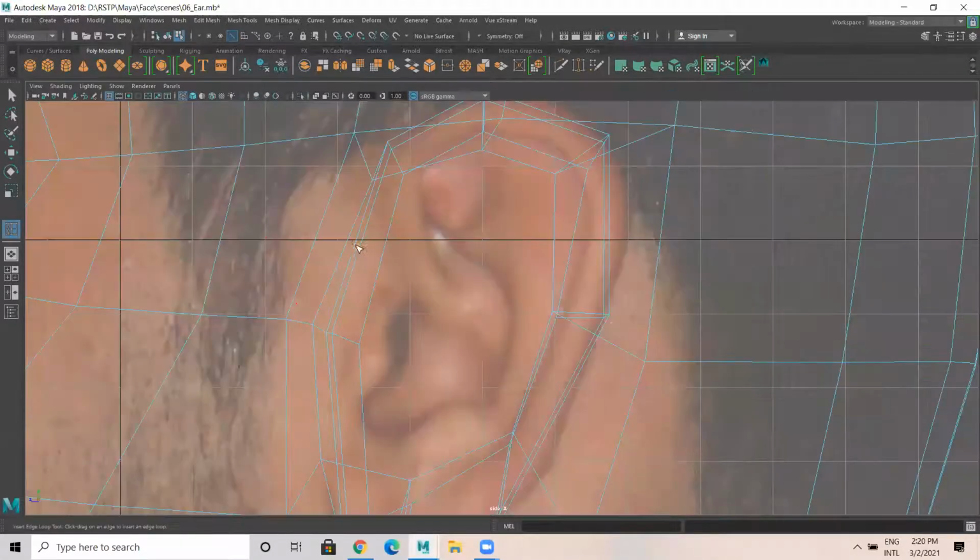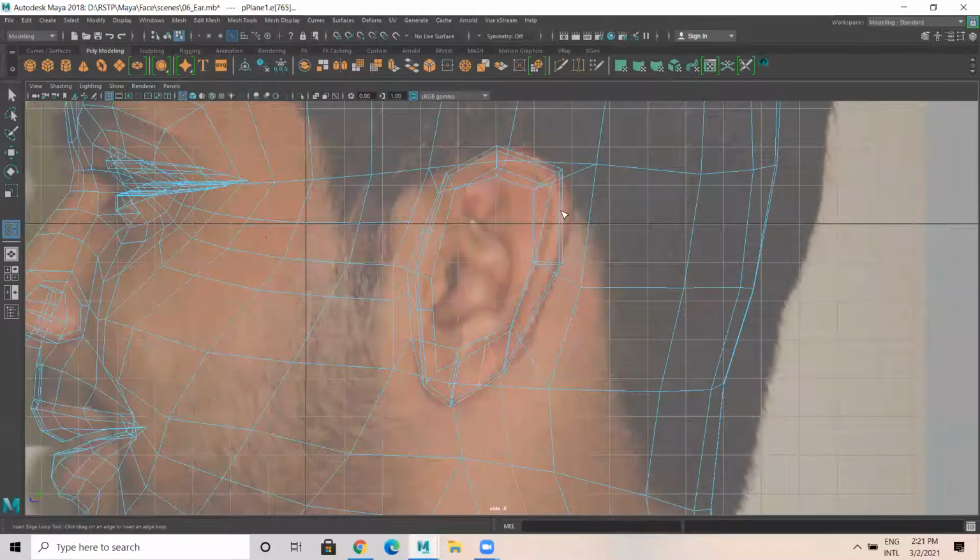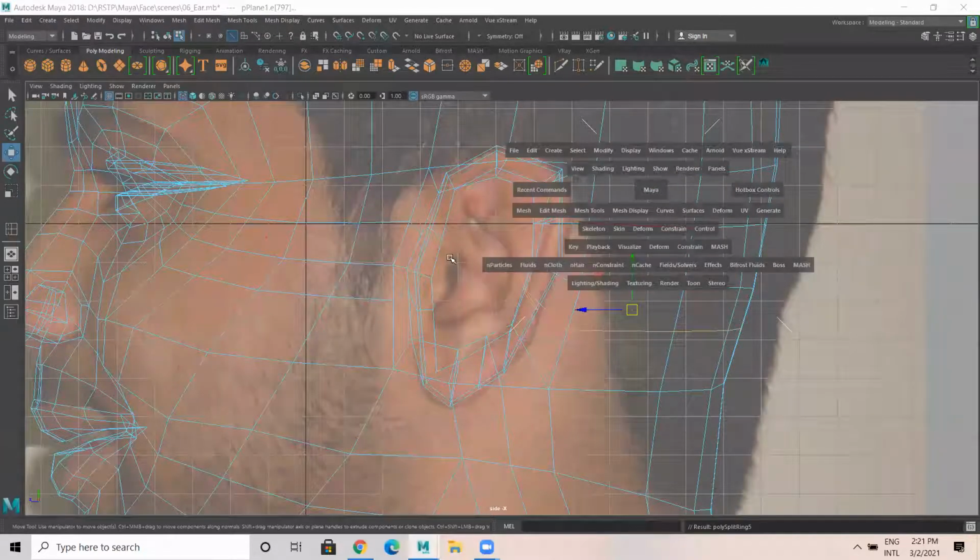Okay. So whatever I create, I'll be deleting these edges later as well. Here, I'll take one here, and I'll take one here, one here. Okay. These are the extra edges which I have taken.